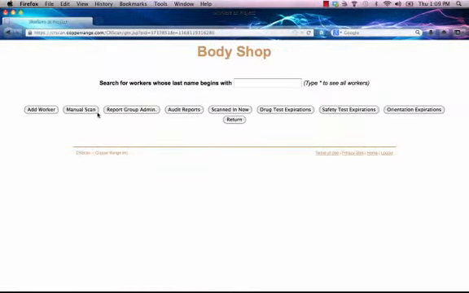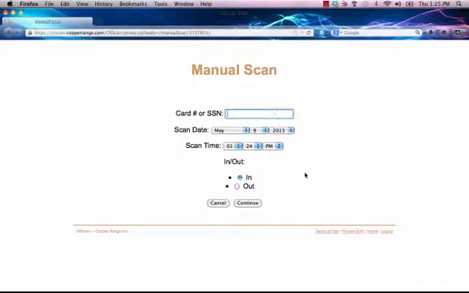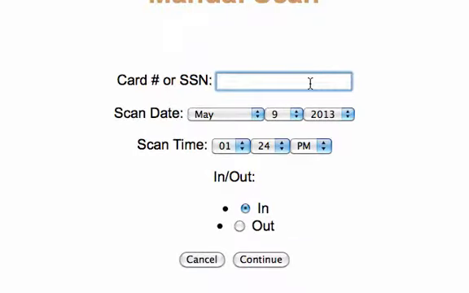Back on the Worker Database page, the next option is to perform a manual scan. On the manual scan page, enter either the worker's Social Security number or the card number associated with the worker in CRScan, verify or edit the date and time, indicate whether it is an in- or outbound scan, and click